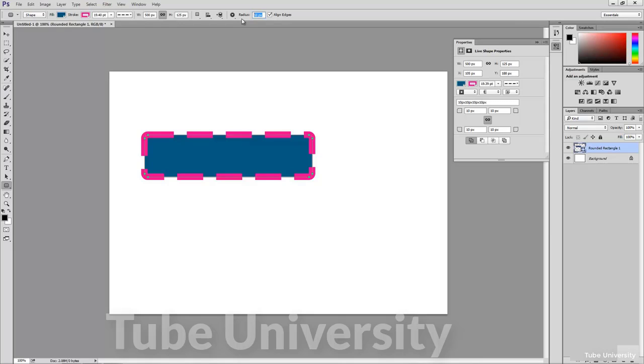This controls the radius or curve length of the edges. If I decrease the radius, the rectangle will develop harder edges. Whereas if I increase the radius, the rectangle will appear more rounded. I'm going back to the Tools panel again and right-clicking my rounded rectangle tool to bring up the Shape flyout